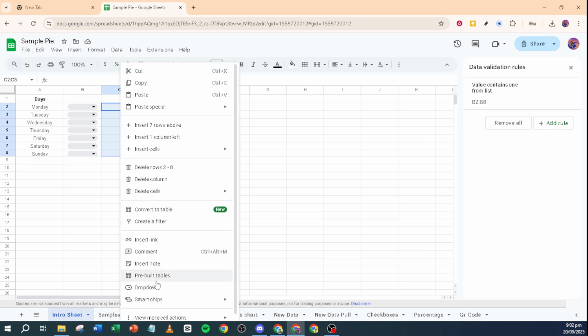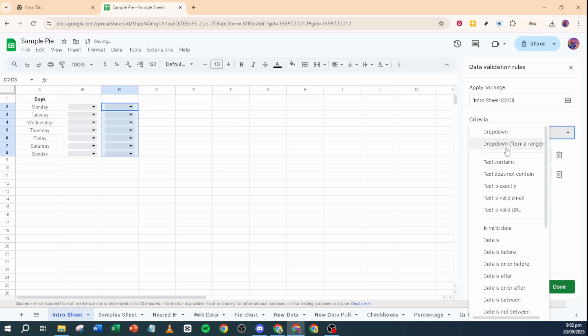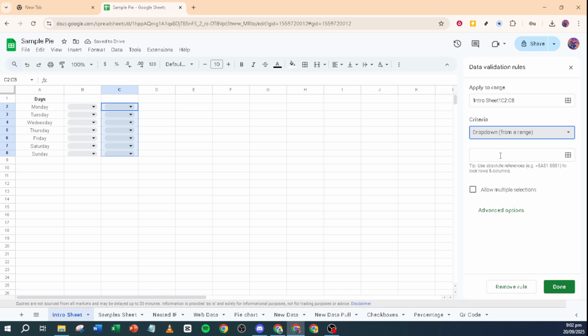Lastly, remember you still have the option to color your list items by clicking on the colored circles, and finish with a click on Done. By following these steps, you've now successfully created dynamic, user-friendly drop-down lists in Google Sheets. Happy organizing!